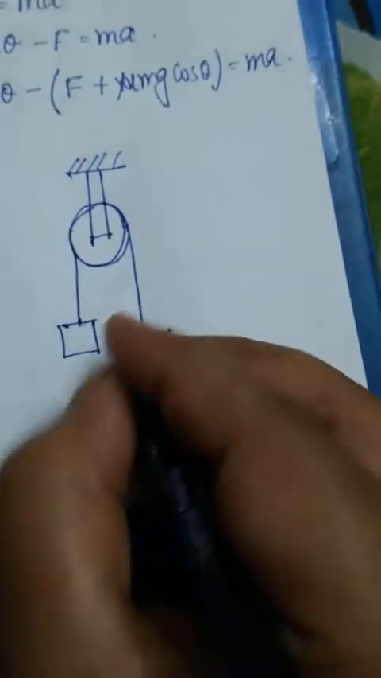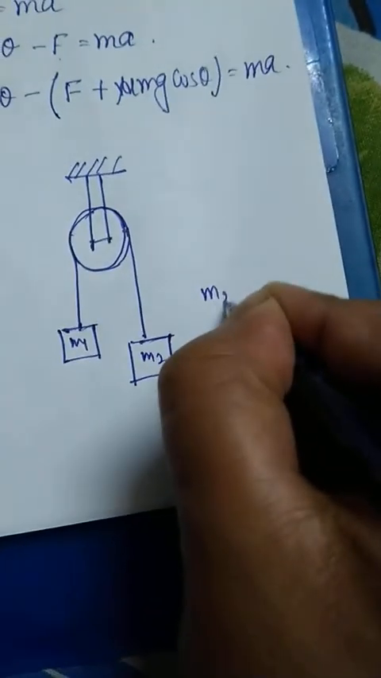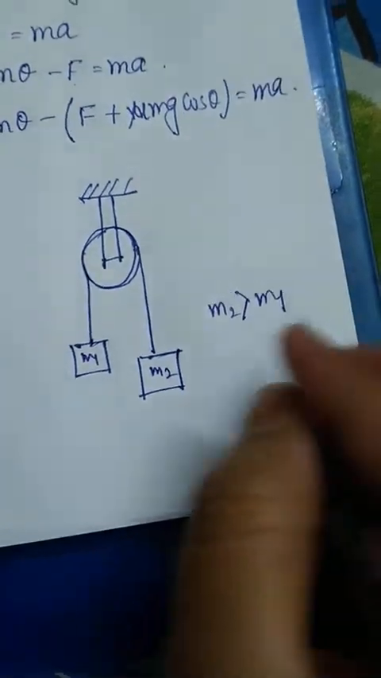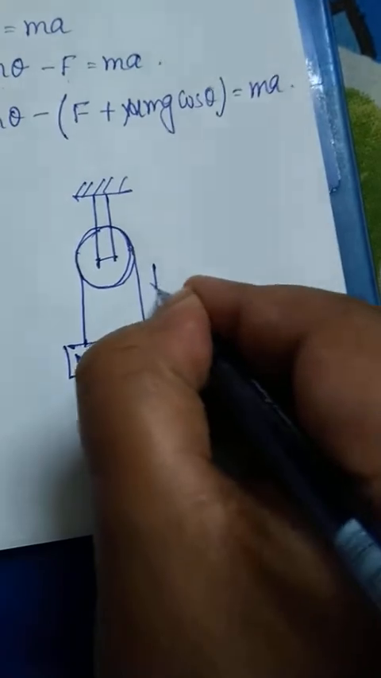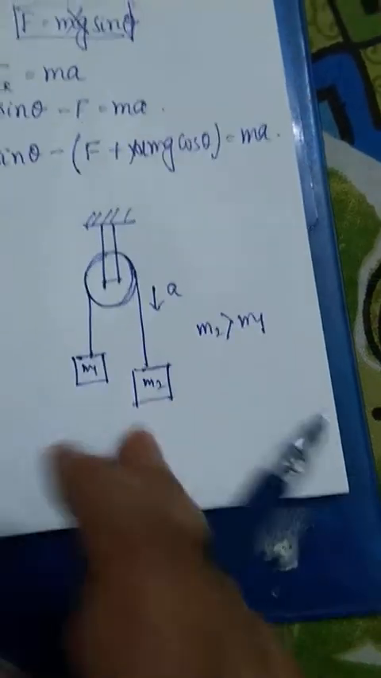Two objects are hanging. This is m1 and this is m2. Let's say m2 is greater than m1. That means the system will have acceleration along this direction, as m2 is bigger. So the first rule,